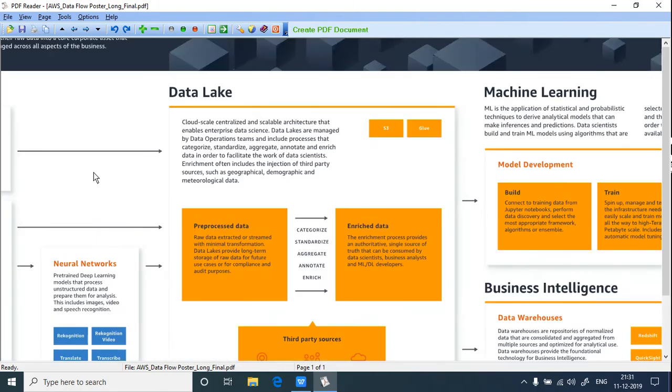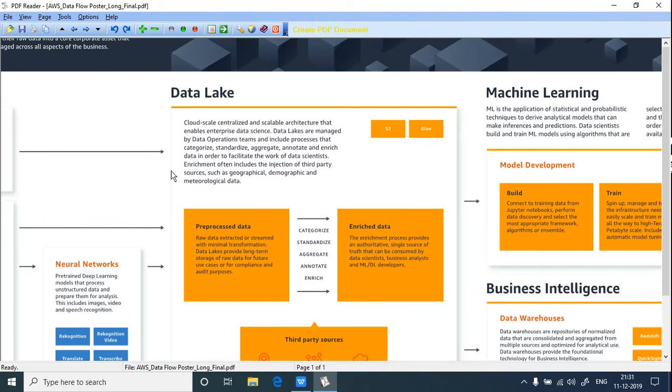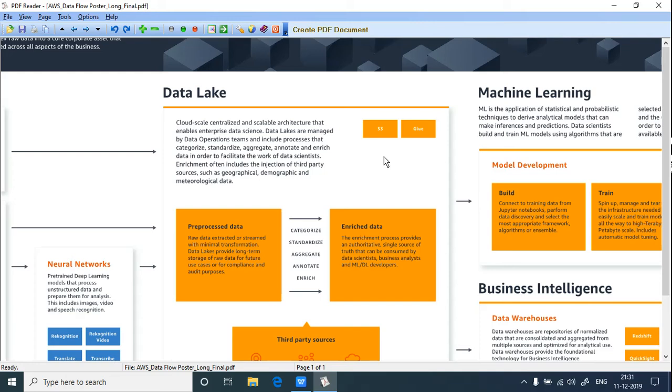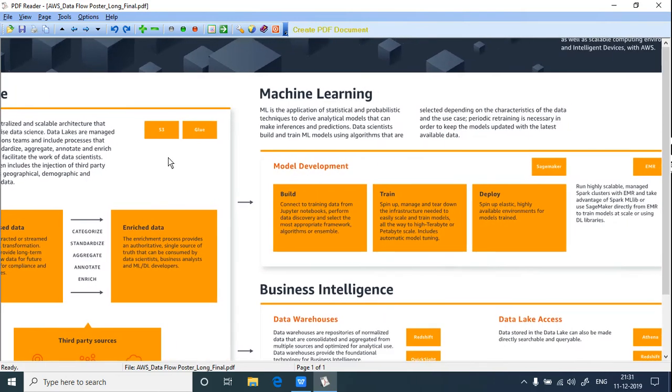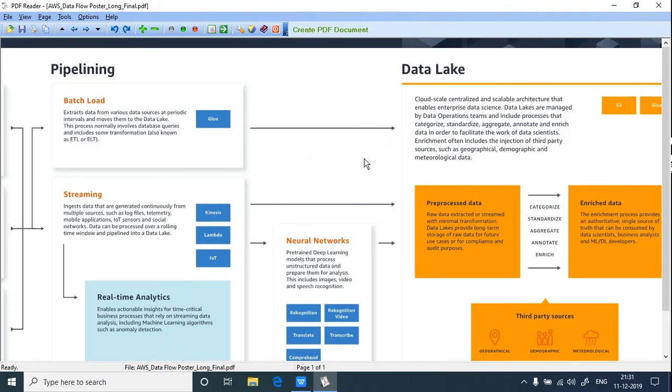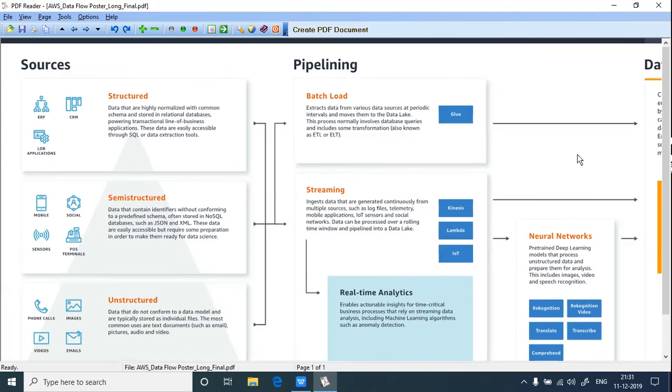Before machine learning, it is going to be stored in the data lakes. Using the S3 process, the storage is happening, and after that machine learning will process it for different models. So I don't want to talk about machine learning at this point. I'm going to make a series of videos on different topics later on in future.